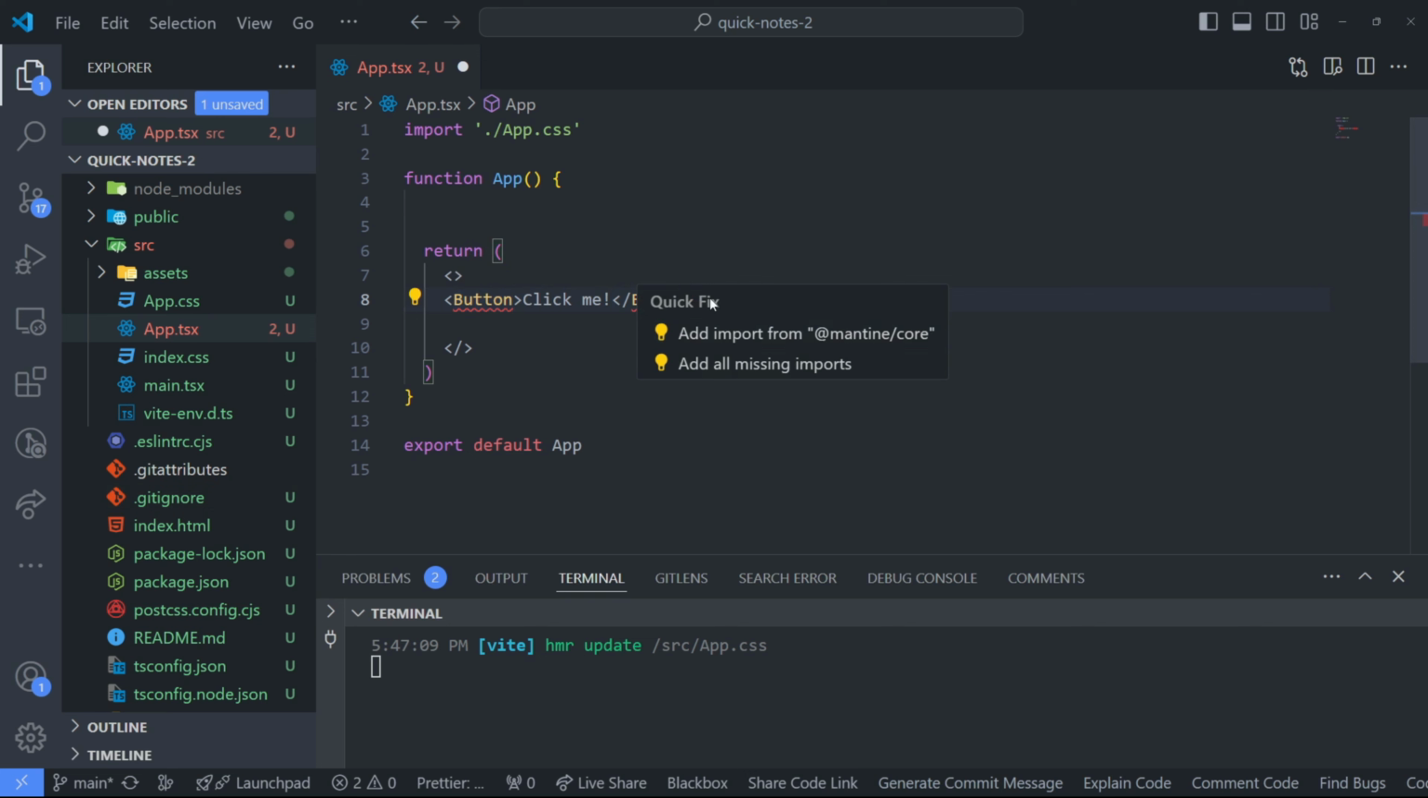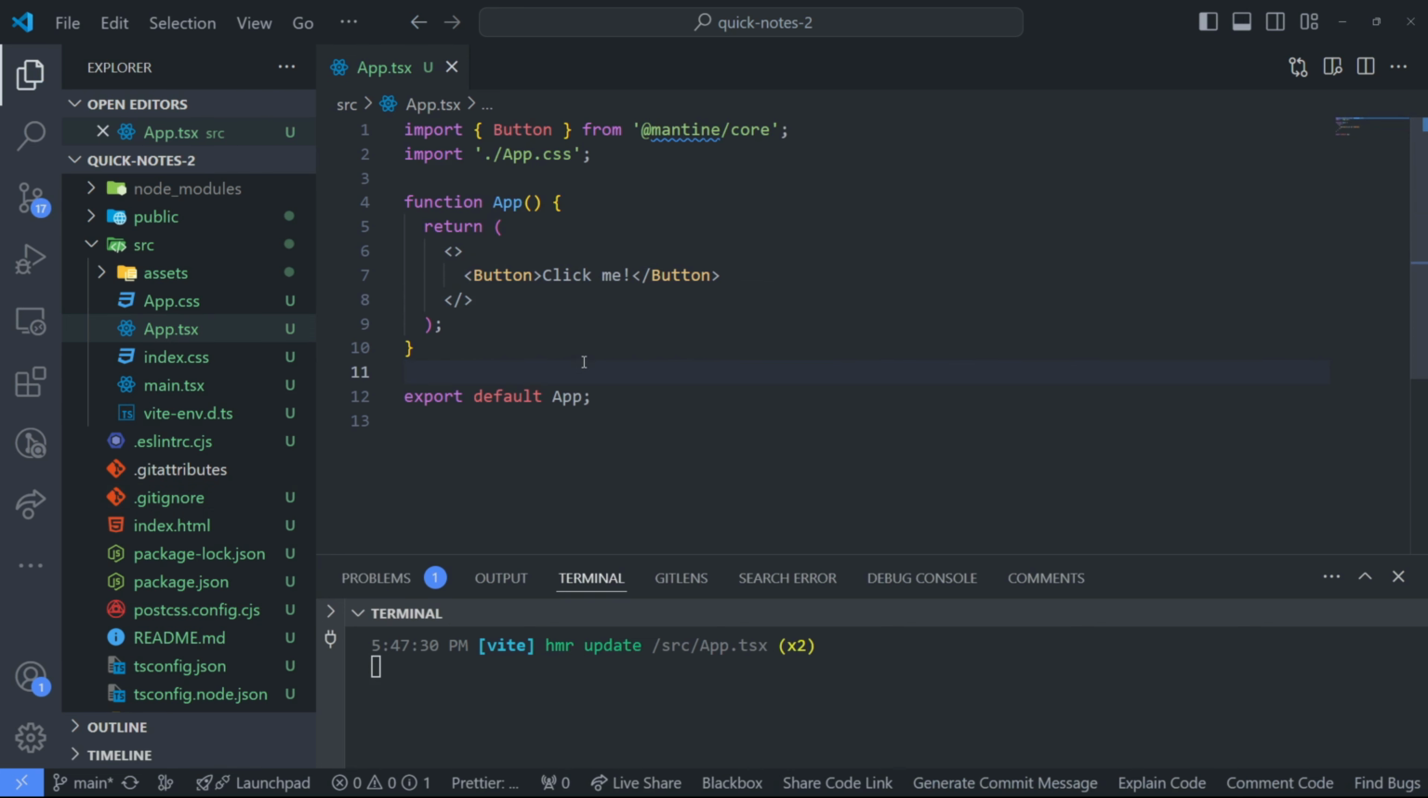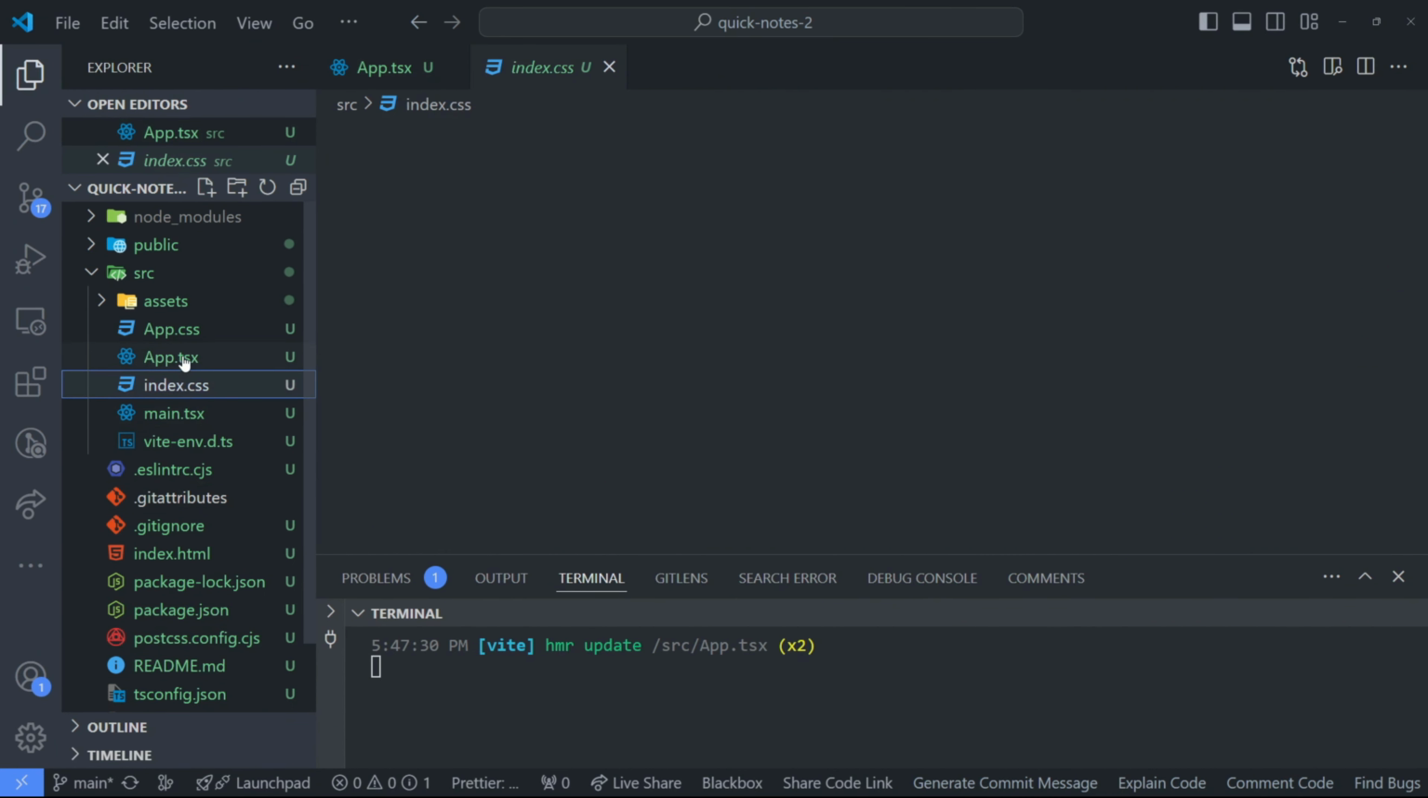So let me just import that from Mantine core, save it. Let's go to the website, and there you go. Alright, it actually works. Now it works, you can see there is a border which is not supposed to be there, and the placement is also in the middle here. I think we are missing some styles that we need to clear inside